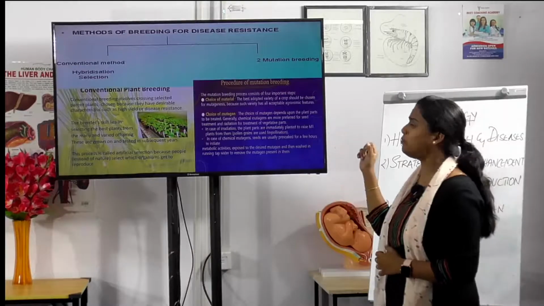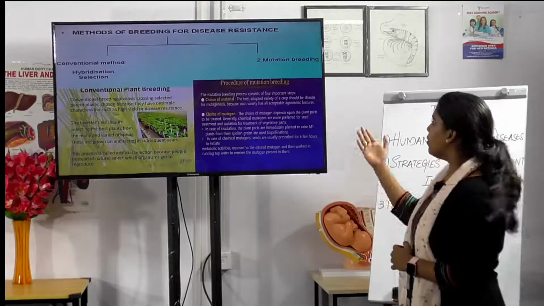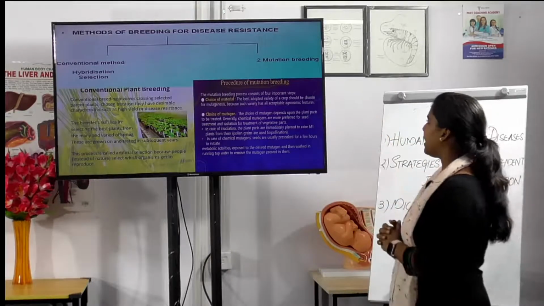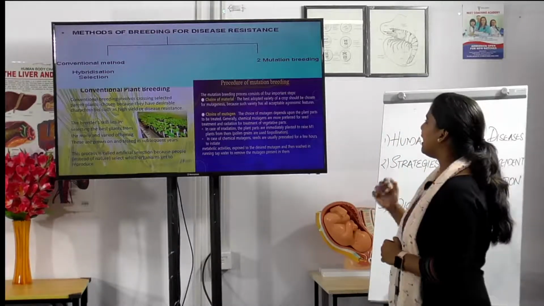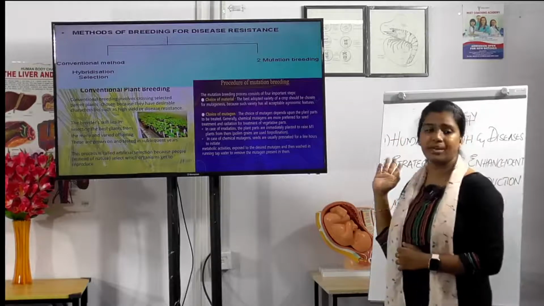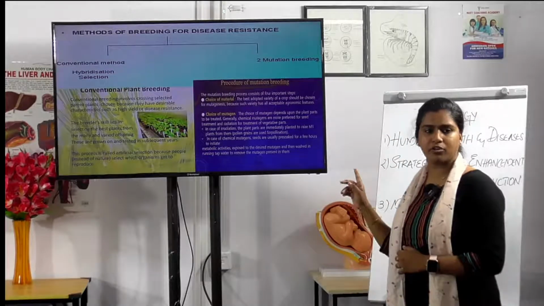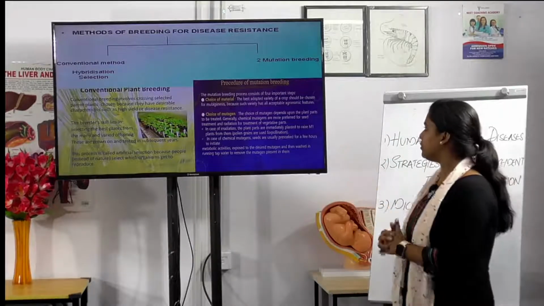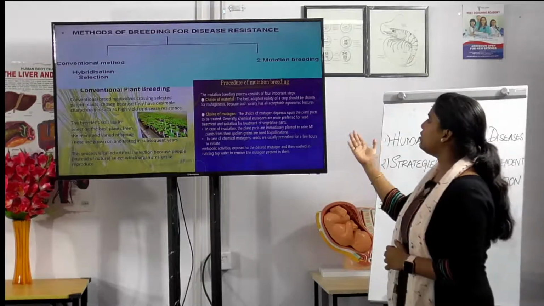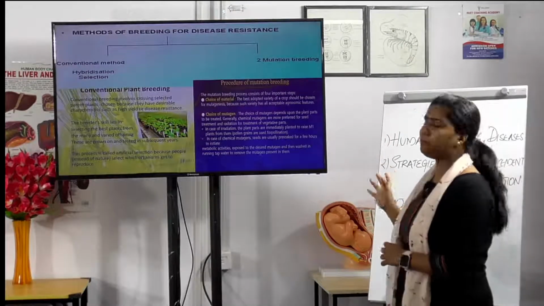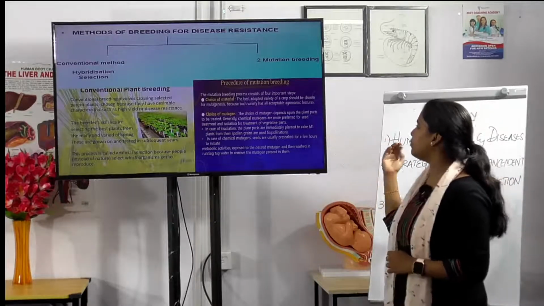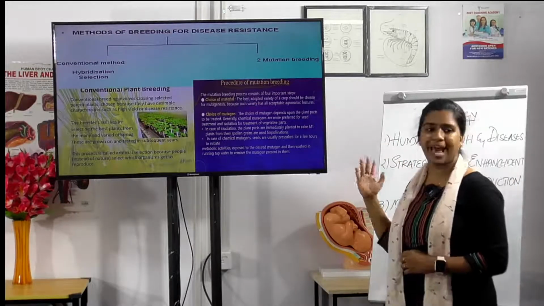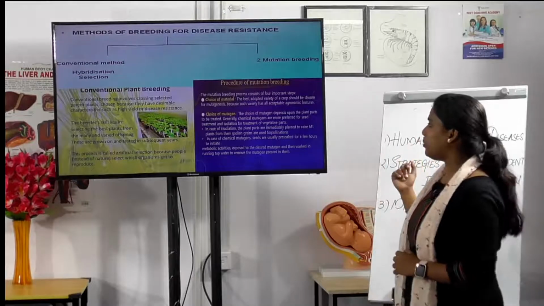One is choice of material and the other is choice of mutagen. The best adapted variety of crop should be chosen for mutagenesis, because such varieties have acceptable agronomic features. The choice of mutagen depends upon the plant parts to be treated. Chemical mutagens are more preferred for seed treatment, and radiation for the treatment of vegetative parts,